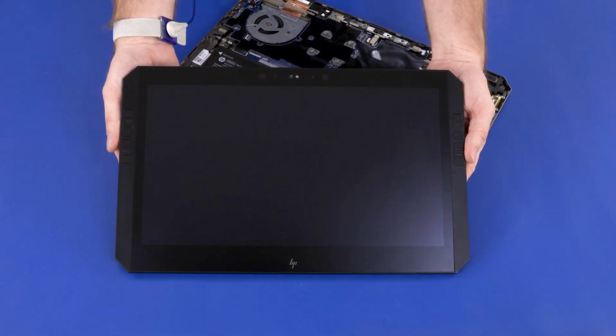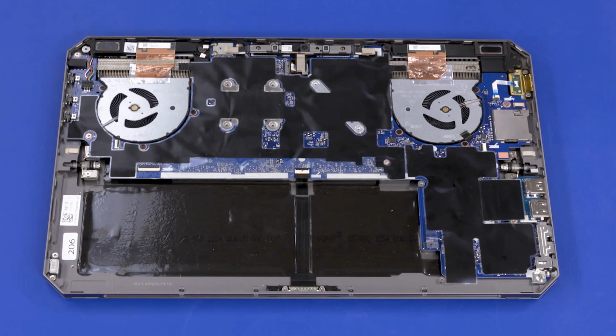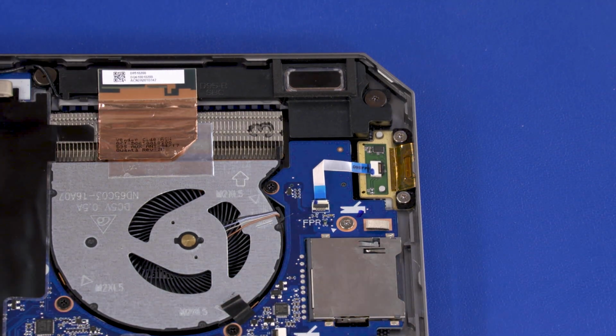Before you begin, remove the display panel assembly and battery. Removal. Using minimal force, lift the locking bar up on the Fingerprint reader board ZIF connector and disconnect the Fingerprint